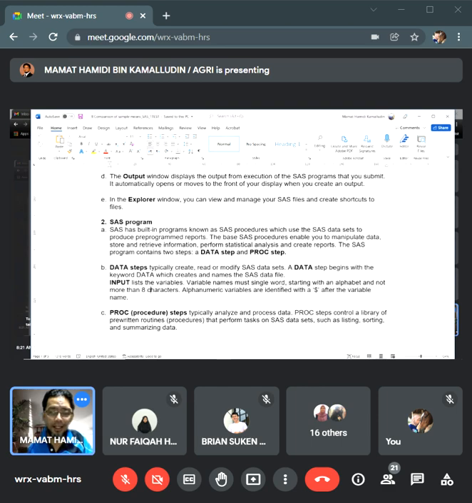Okay, and this is also very important. Alphanumeric variables are identified by a dollar sign after the variable name. Most of the variables that we are interested in are measurements, numerical, right? But some variables, for example ID, if you have names for your cows as an ID, like Timah, Jemah, whatever it is, all right? So for that variable name, remember the input, so that ID, you have to put